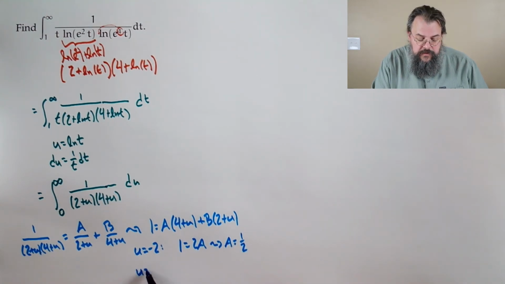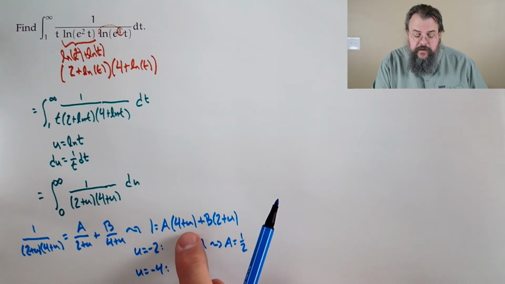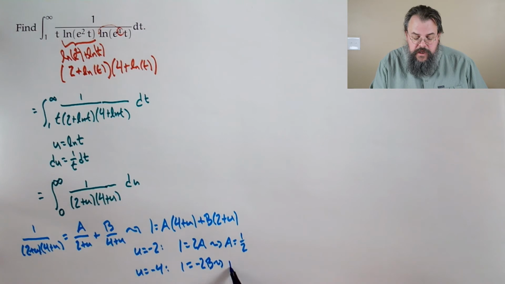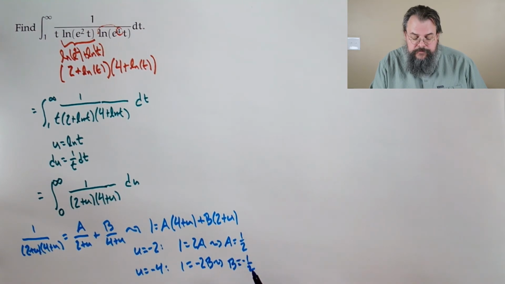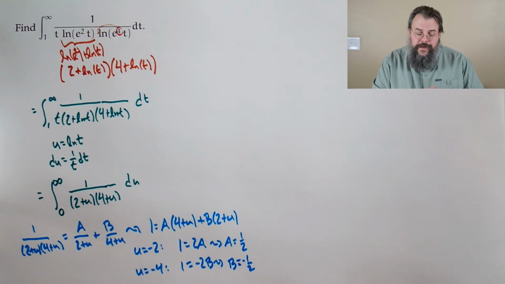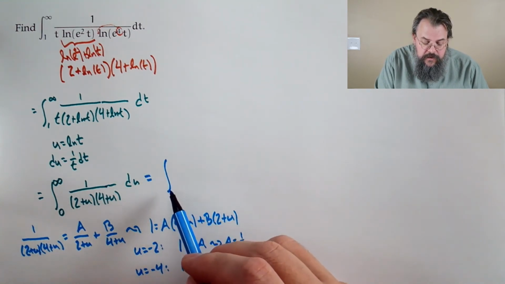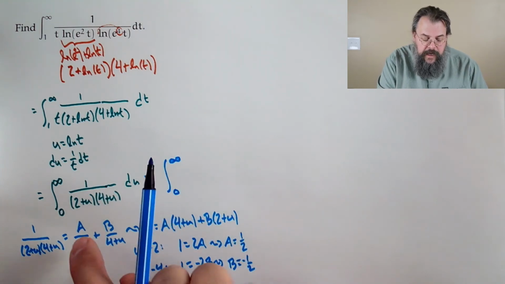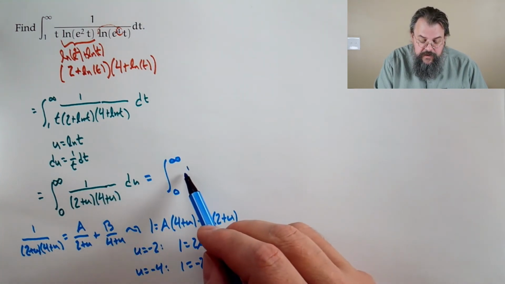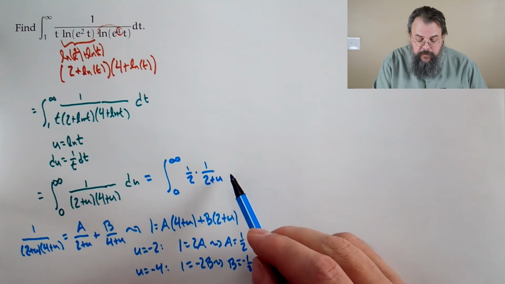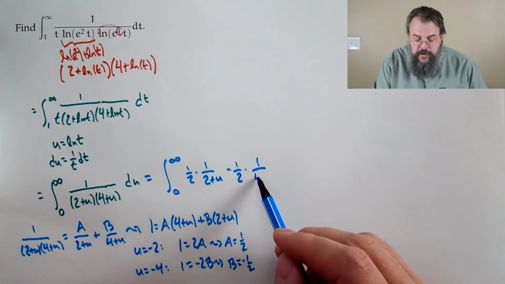What's another choice? Well, negative 4 is another choice, right? Because that will knock out that term. What does that tell us? 1 equals 2 minus 4, which is minus 2B. So B is minus a half. All right, so there we go. A is positive a half, B is negative a half. And updating, we have the integral from 0 to infinity of a half, times 1 over 2 plus u, and then B is minus a half, so minus a half, times 1 over 4 plus u,